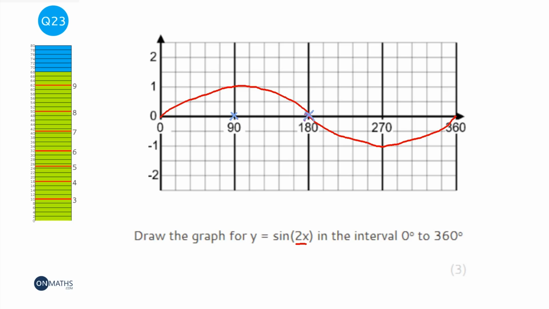Now it thinks I'm up here at 180. At 180, I'm going to double that before I put it into my calculator, and it thinks I'm going to be at 360. So it's going to be at 0. So what's going to end up happening, and the black one is my answer, is the actual graph will end up being condensed